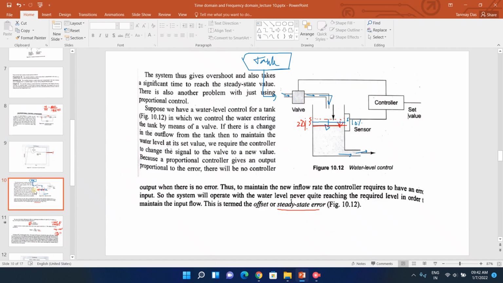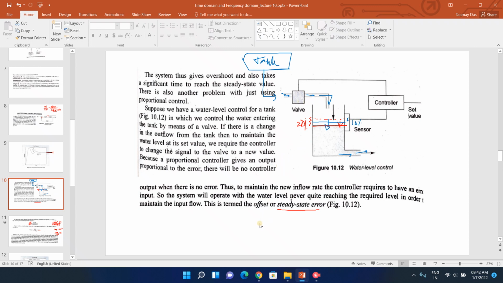That is, what is a proportional controller, how it operates, and what are the drawbacks for which we cannot use the proportional controller everywhere. Okay, as I said earlier, in a system where only the proportional controller is enough, we will use only the proportional controller, but for more complex systems we go for combinations.